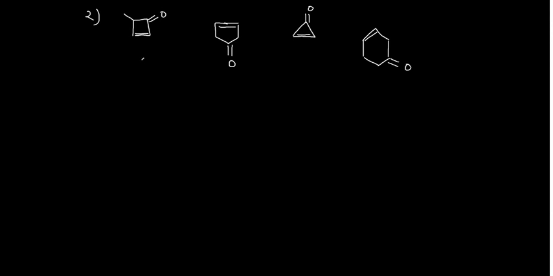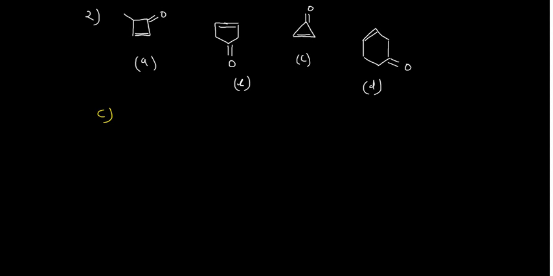Okay, say this is A, this is B, this is C, this is D, and you have to arrange the species which has the dipole moment in decreasing order. For decreasing order, you have to select which one has the highest dipole moment. So I am telling you how we can decide this one. So this species C is very important, right?